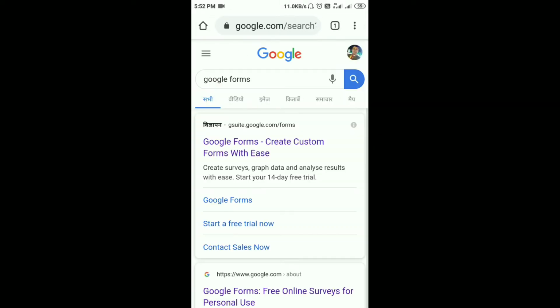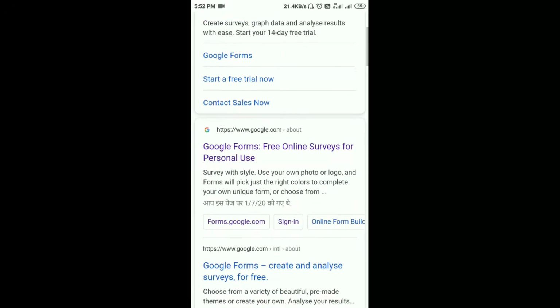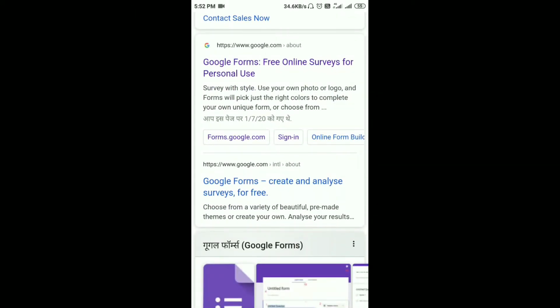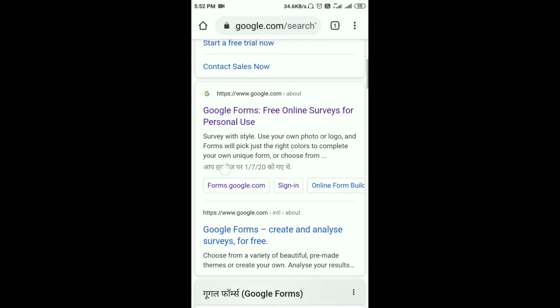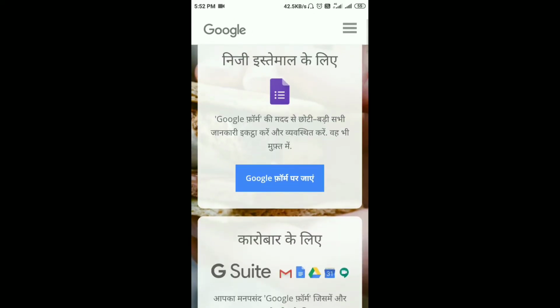Now a new page has come in front of us. Now we must press the second link. On pressing this, a new page comes before you.